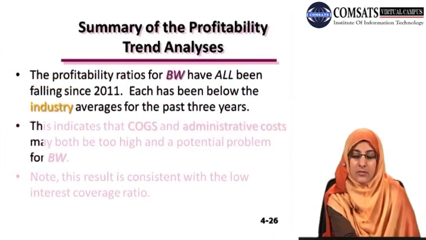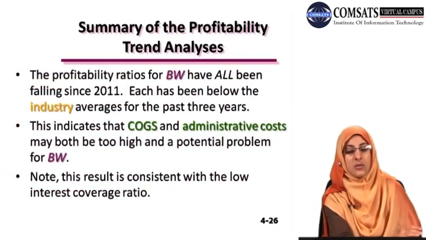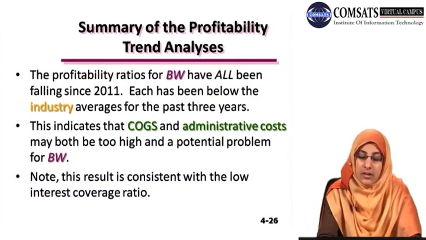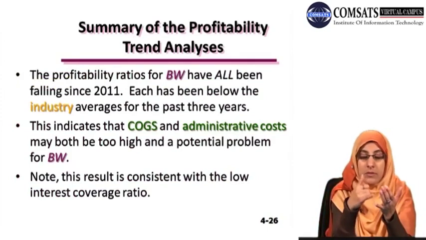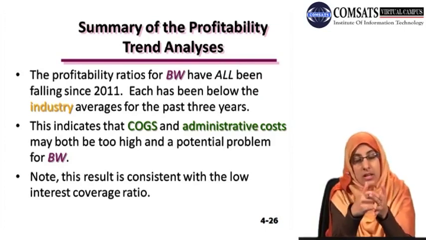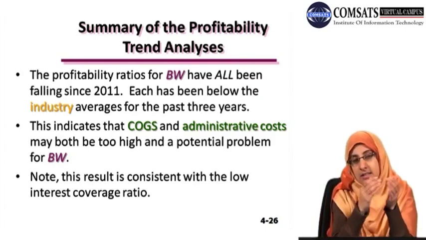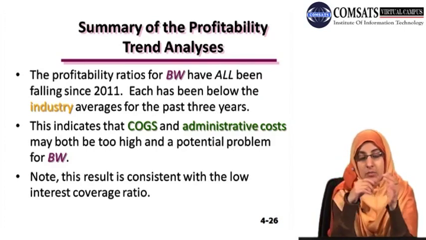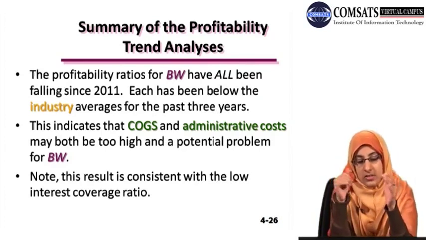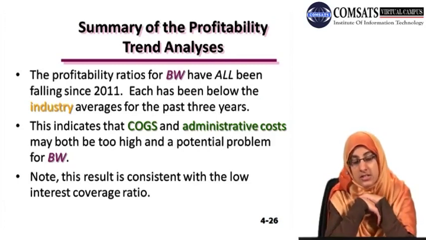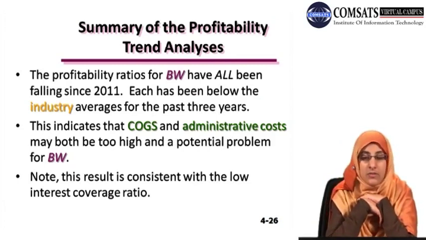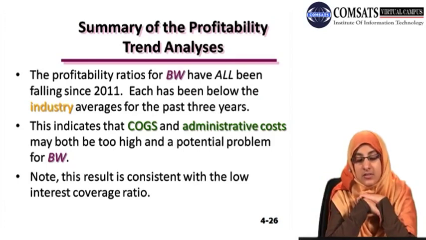Now let's have a summary of the profitability trend analysis. Well, the profitability ratios for BW have all been falling since 2011. If you look at the net profit margin, the gross profit margin, the return on asset and the return on equity, you'll analyze that all the values have been decreasing. From 2011 it has a decreasing trend. Each has been below the industry averages for the past 3 years. After comparing 2011, 12 and 13, we can see that it has a decreasing trend, and industry